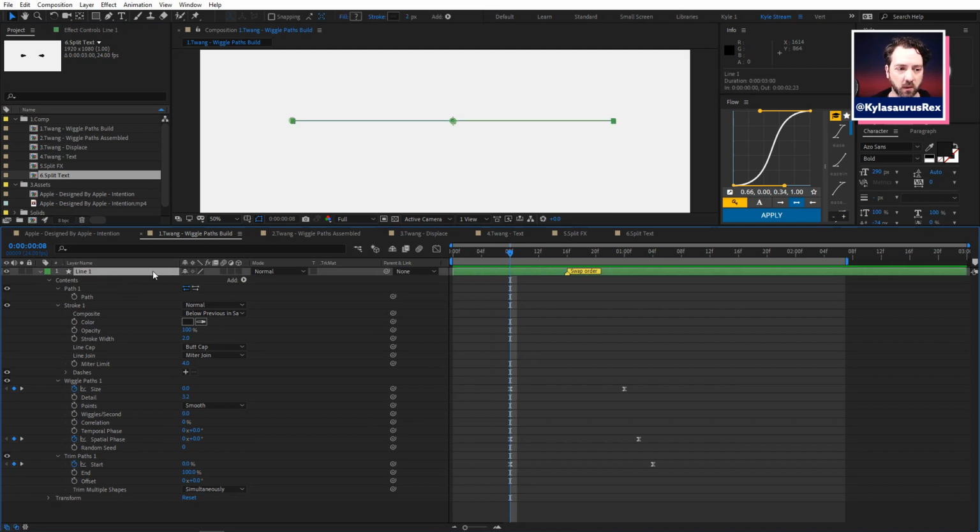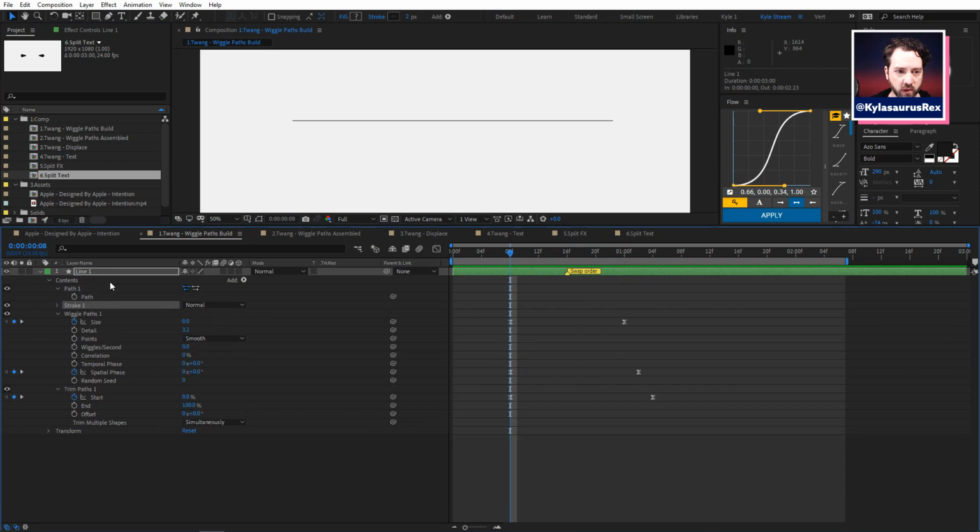So I'll do this from scratch too, just to talk through it. I'll go ahead and turn off my layer controls and step through this so you can see what's happening. I think this one's pretty good, and if you had quite a few of them and did it fast, I think it sells pretty well. What I did here is I just drew a path and added a stroke to it. So this is just a straight line. And then I added a wiggle paths and a trim paths, and I've keyframed a couple of properties here.